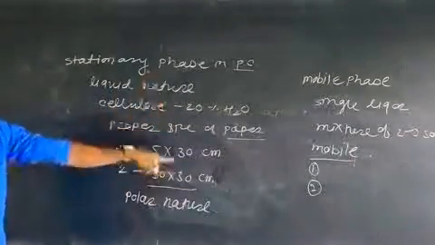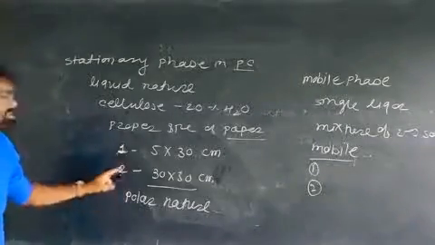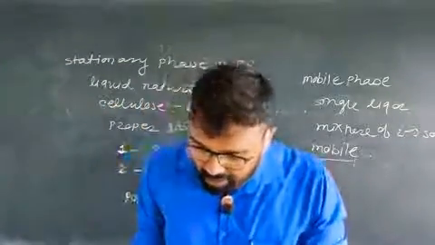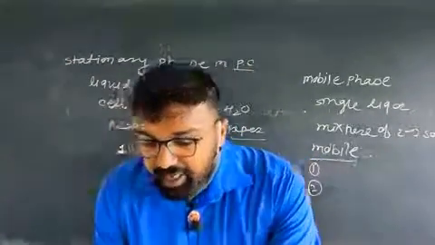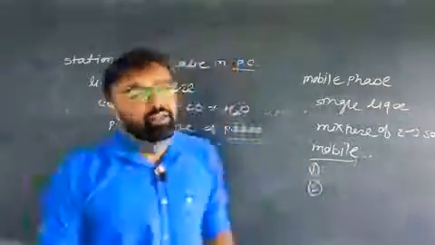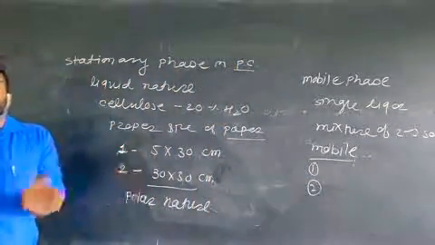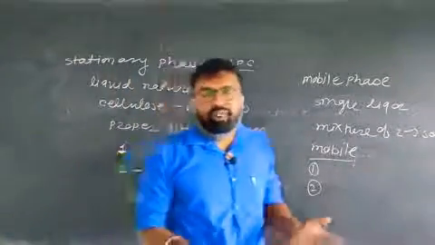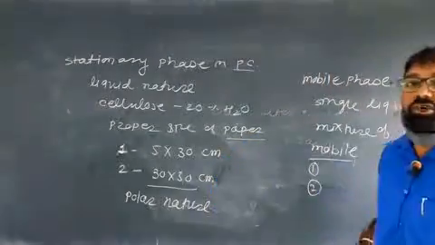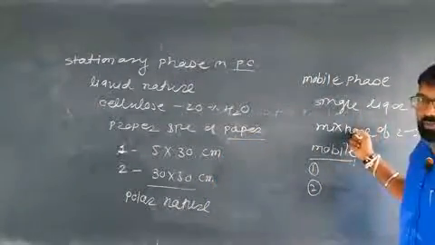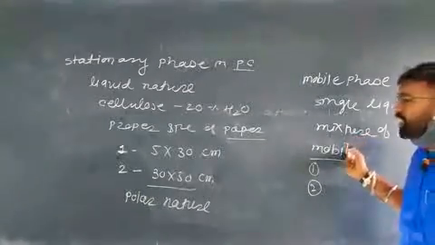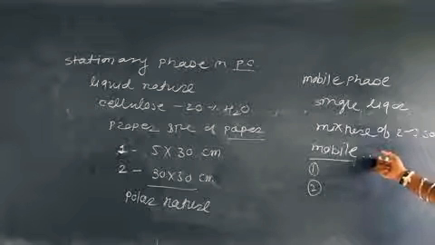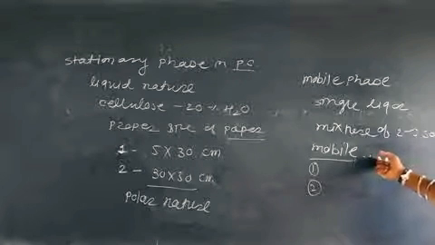Mobile phase should be less polar. This is most important because water is a highly polar solvent. Mobile phase should be with constant composition, then it should give a proper separation, so that components of a solute or mixture are separated from each other and can be distinguished by using paper chromatography. Otherwise, that solvent is not important. Polarity should be matched. Polarity should be adjusted by using some polar and non-polar composition.